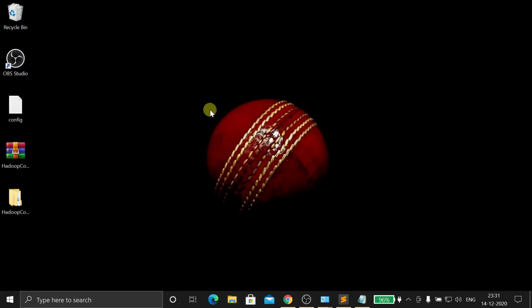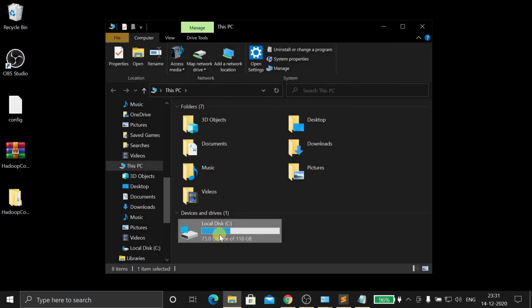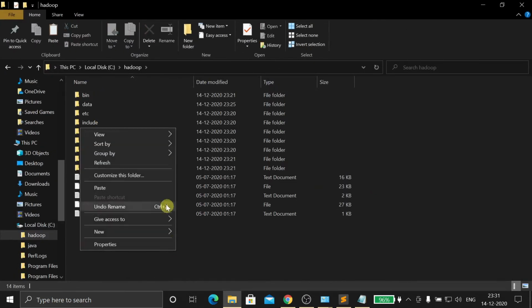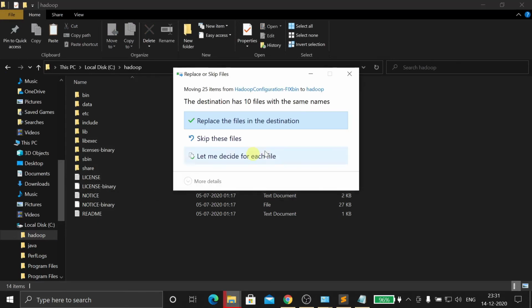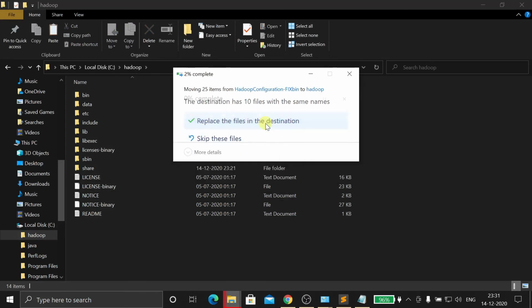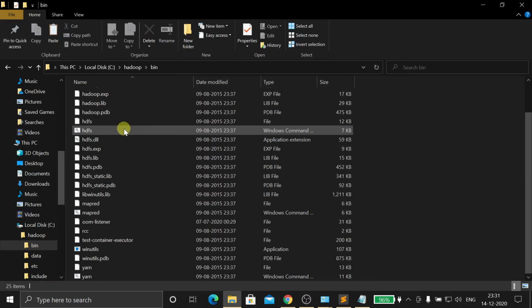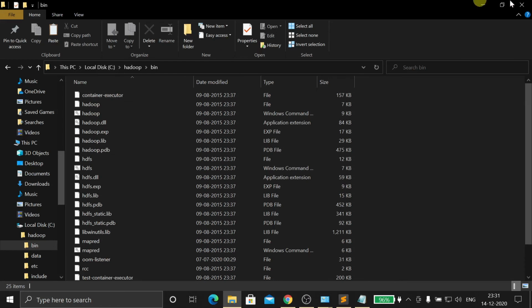Open my computer, Hadoop, and paste it here. Yeah, replace the files in this destination.